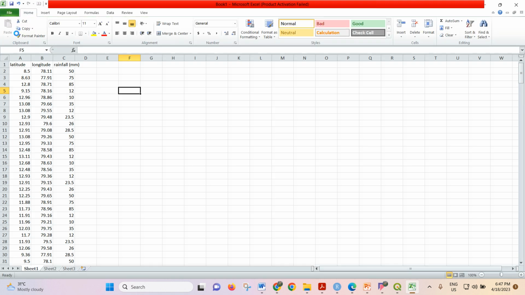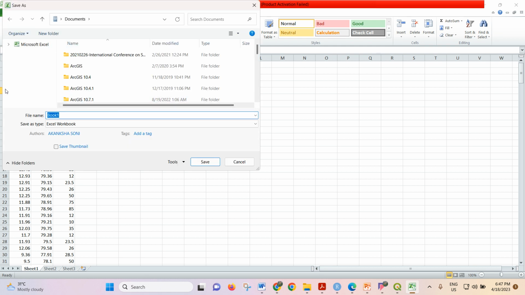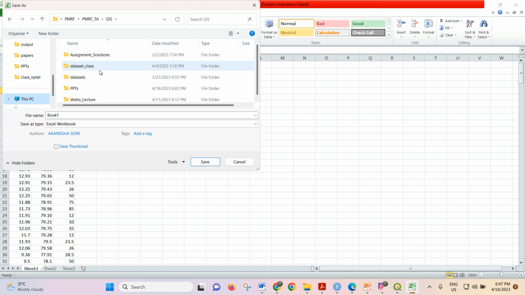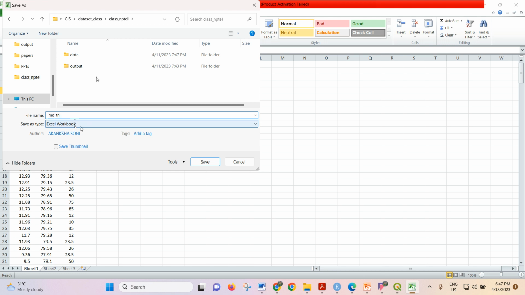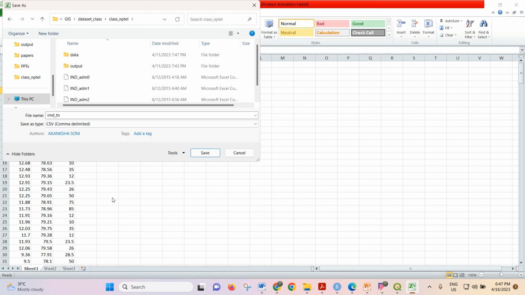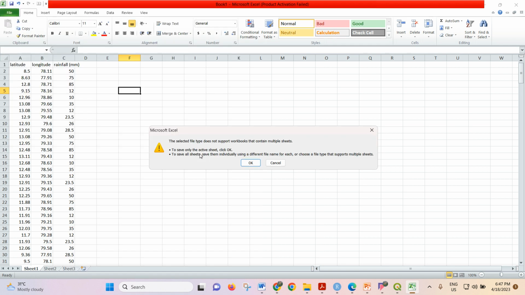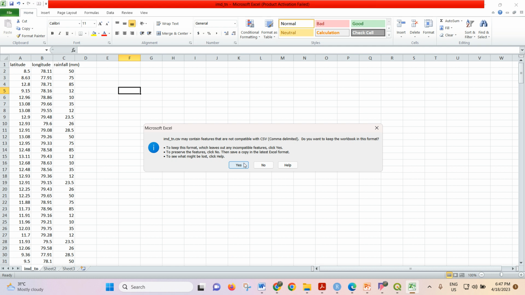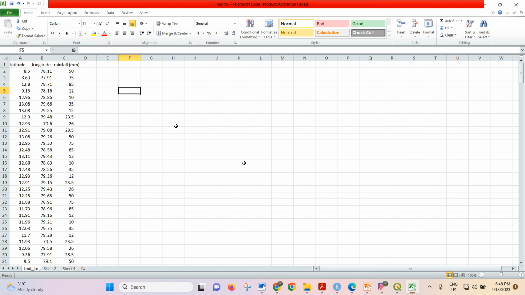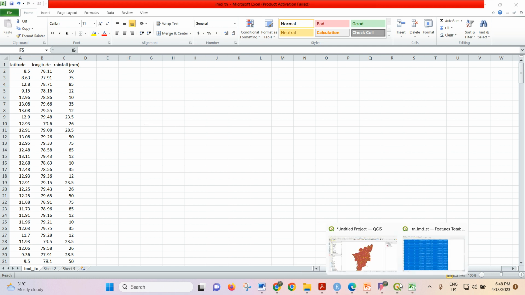Now, what will I do? I'll do save as, convert it into CSV. I'll save it in the data file which I made for this course, in the datasets class folder. I'll save it as imdtn, make it as CSV, and then save it here. Now I want to bring it into my